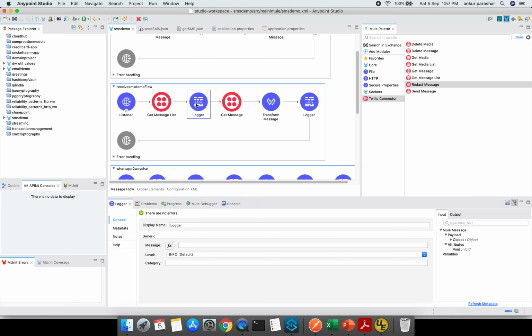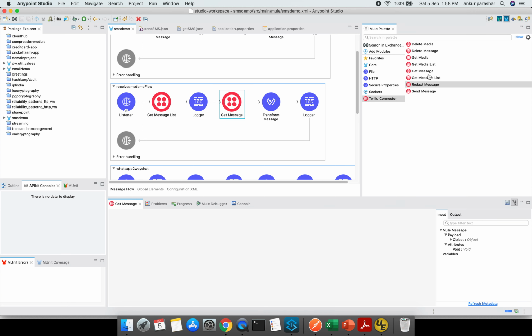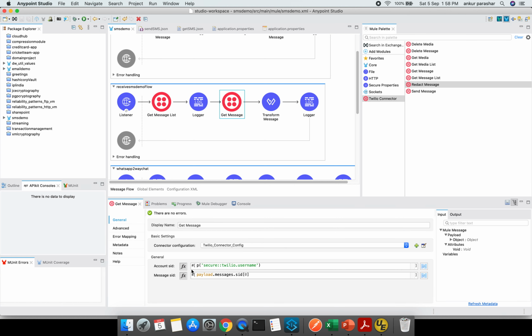After that, I am just logging. It's better to log something. Message list, then hash payload. After that, I have pulled down this get message, and we need to pass the account SID. Again, it is the same, and I have taken the very first message.